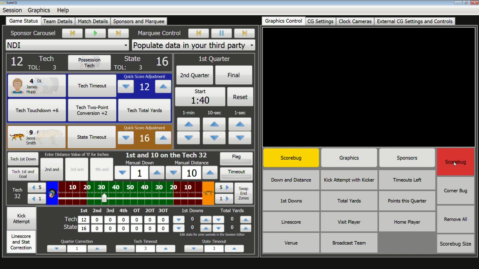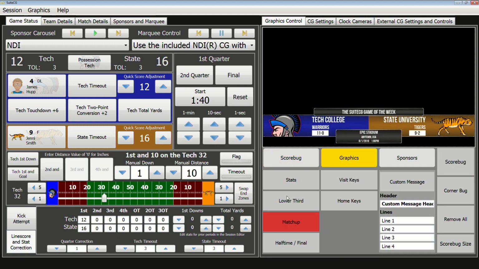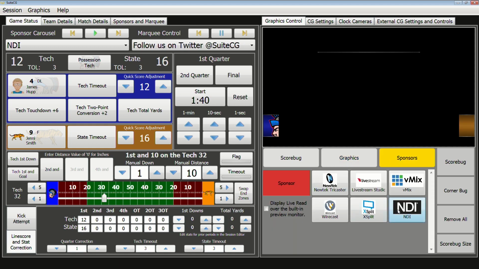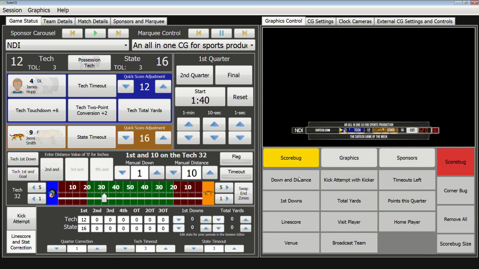So all of our graphics are animated. We have multiple different types of graphic pages. We have stuff for sponsor recognitions, things like that. The score bug is also customizable, where you can choose to show the clock, the tagline, the marquee, the sponsor carousel, all these other things. And for football that we have here, there are all sorts of other elements that you can animate within the graphic to have a very high quality, professional looking score bug, as well as other graphics to accommodate